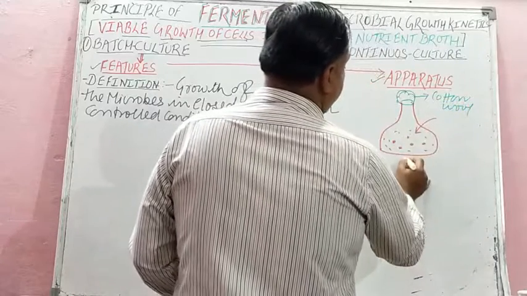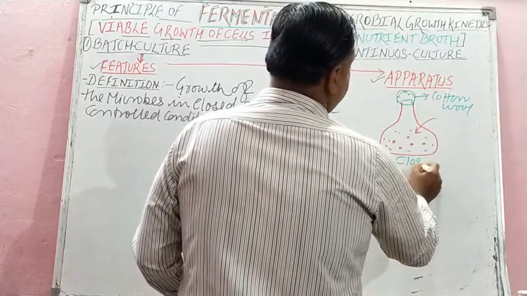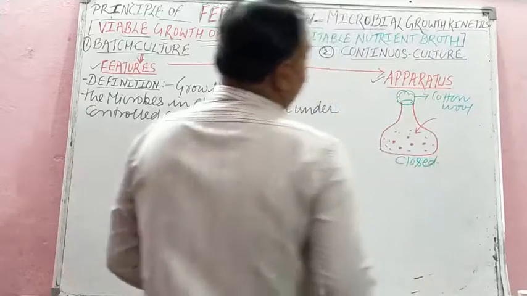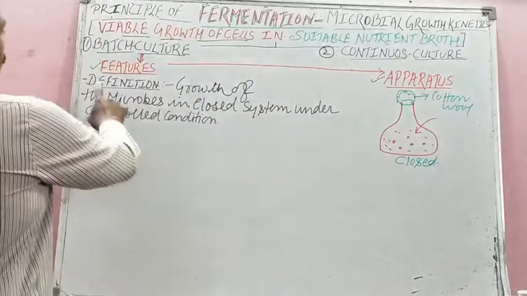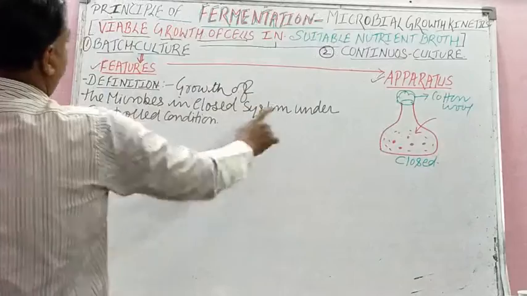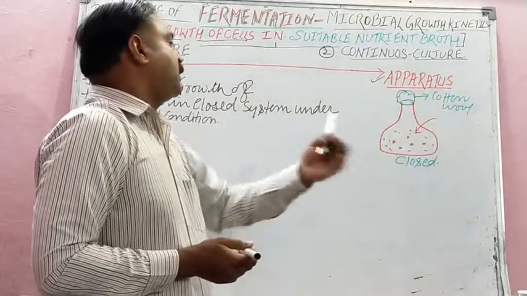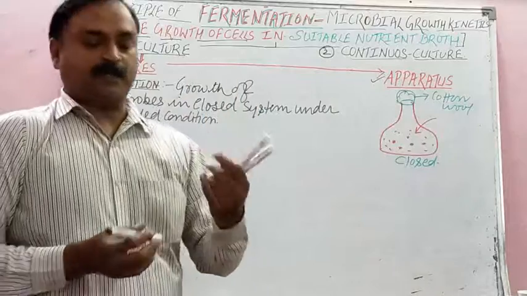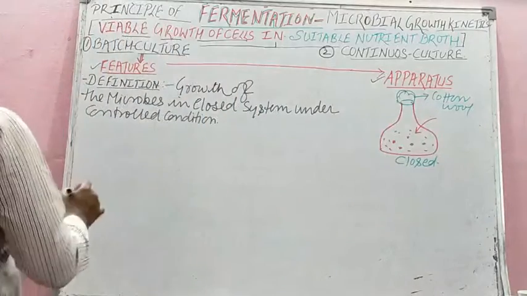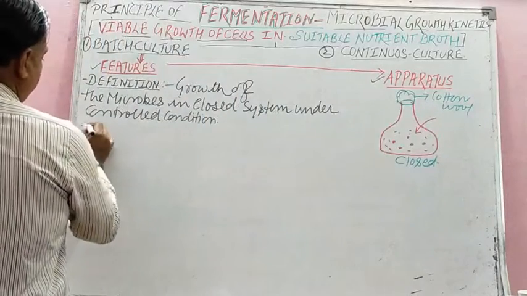So this is a closed system. This is called closed system. So if the definition of batch culture is clear, that is the growth of the microbe in a closed system under controlled condition, then the second feature, student, it involves